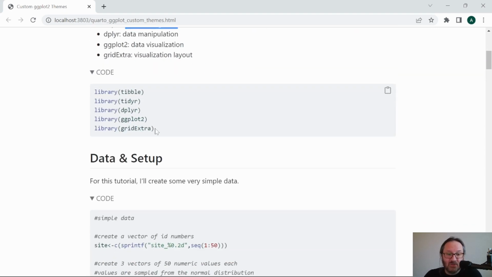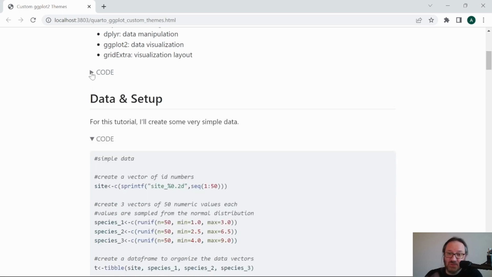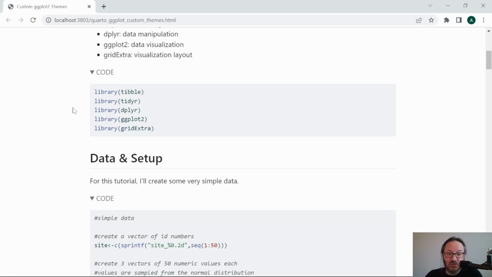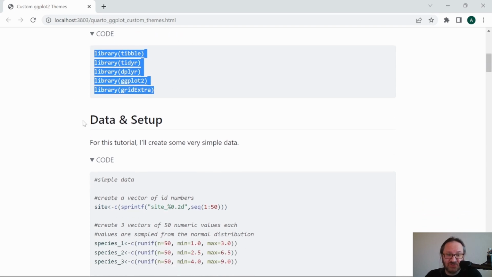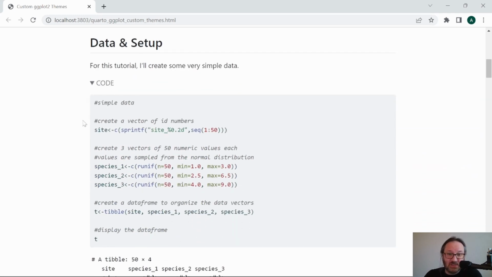Now, the code in this document is able to be folded up. So throughout, I'll be clicking these reveal buttons to show and hide the code. I have it expanded already by default. So when we get done with these, I'll just fold these up and get them out of the way. So here we just load our libraries. These are the same ones I just mentioned. That's really straightforward. As far as the data and setup, I'm creating some really simple